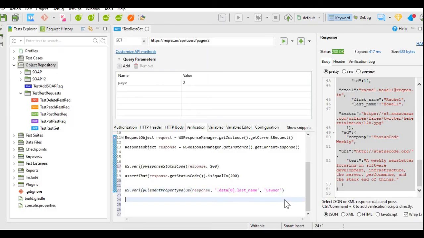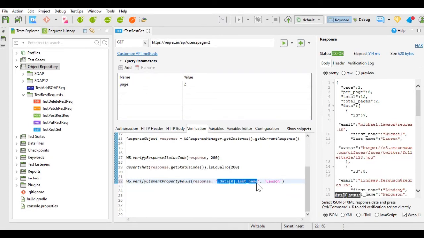So our test will pass. We have taken the JSON path, we have taken the expected value. Here we have to remove this dot from here so that the path will be a valid path, and then we will execute this request. So I will execute this request.